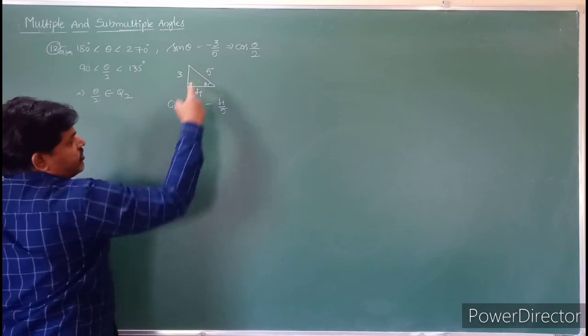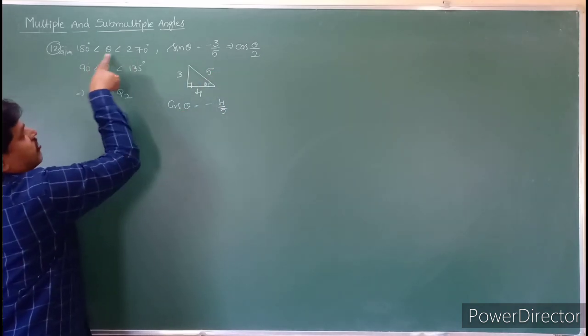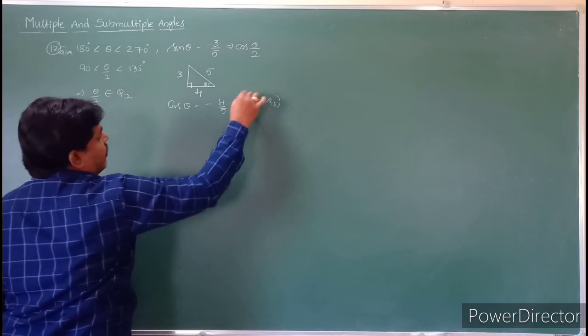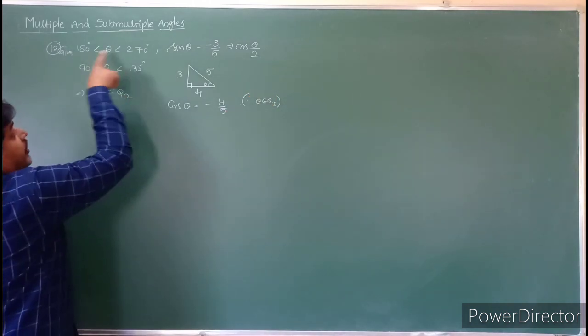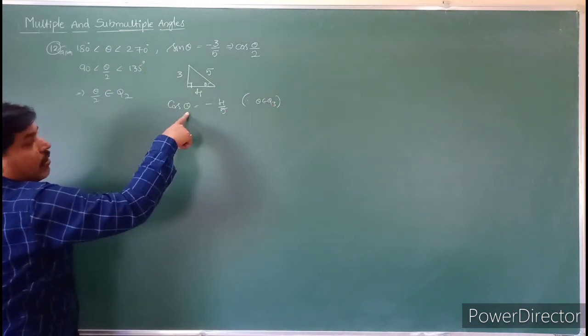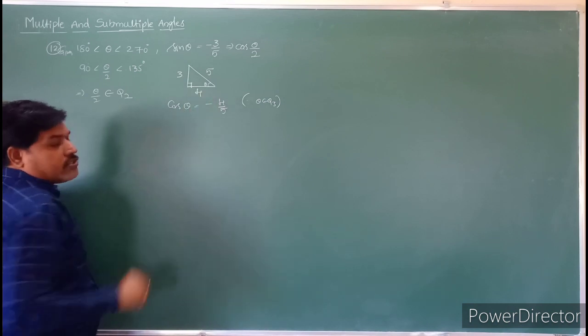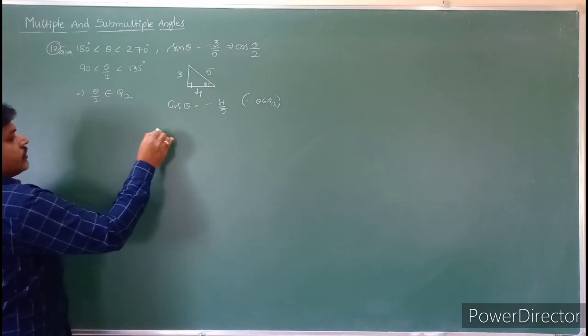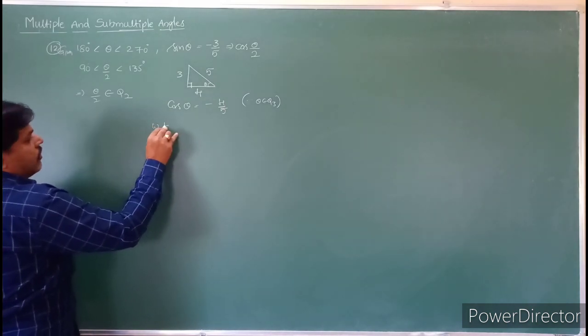Adjacent side by hypotenuse. So theta belongs to the third quadrant, since theta belongs to Q3. Theta is 180 to 270. So theta is in the third quadrant, and in the third quadrant cos is negative. So that's why you are taking minus 4 by 5. Therefore, already we know that